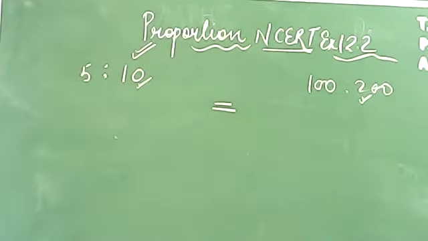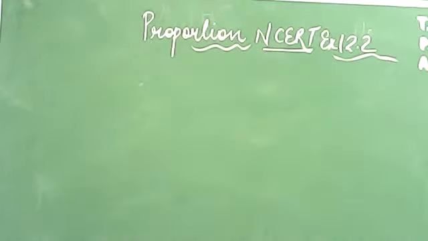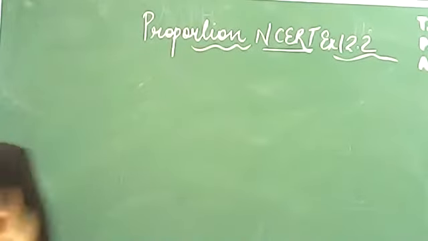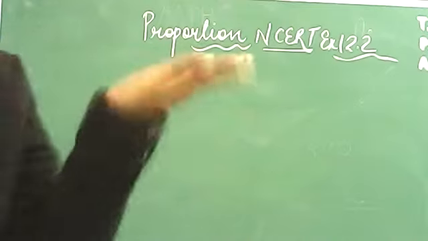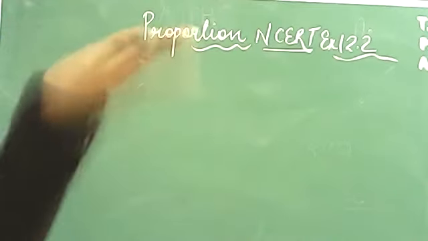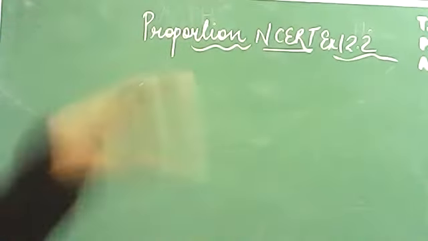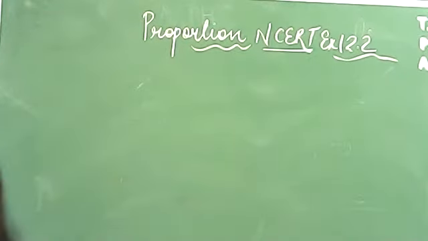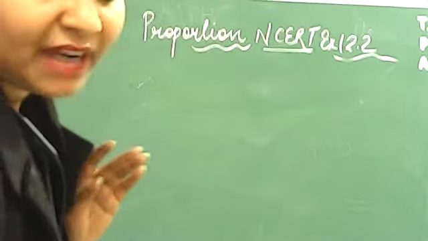Just a minute, beta. So remember always, when you talk about proportion, when you have two different ratios, always make them simplest. After making them simplest, if you get the same value, that means both the ratios are in proportion. Clear? May I give you one question? Then we will discuss the second method by using mean and extreme terms. Okay? We will be discussing that. I am writing the question now.